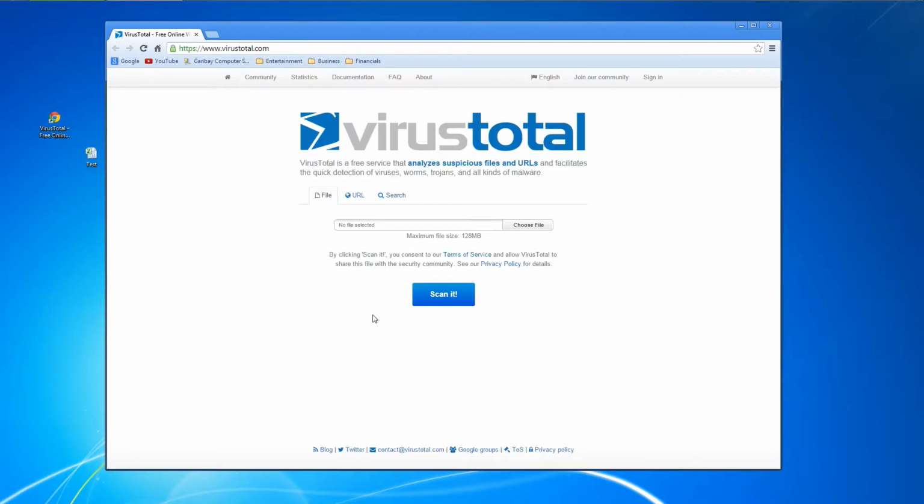Here's the website, very clean, basic interface, straight to the point. Another thing I want to point out is that it scans URLs, which is fantastic. Let's say you get a link to a website and you're like, whoa, I don't know if this website is a malicious site. Maybe it's going to inject something in the background in my browser, whatever the case. Well, enter the URL into this bar here and just hit scan it, and VirusTotal will scan the website, report back whatever it finds. So for example, let's just do a website that I use quite frequently,